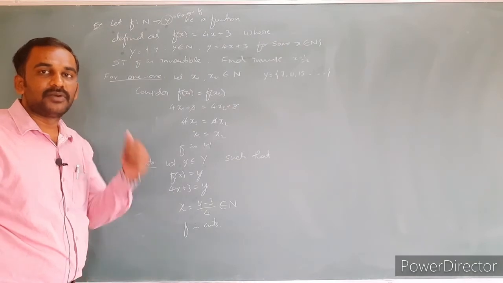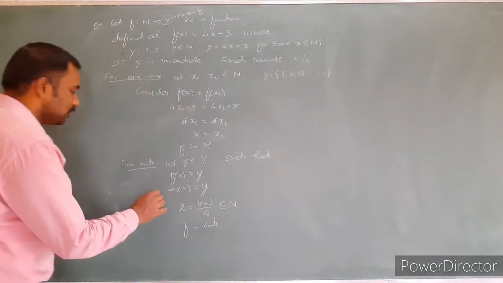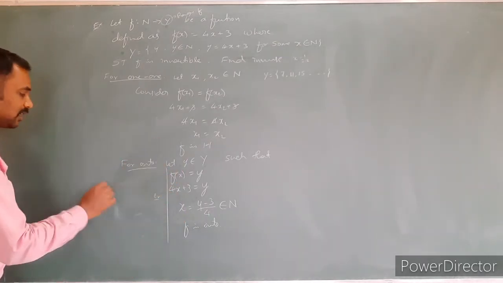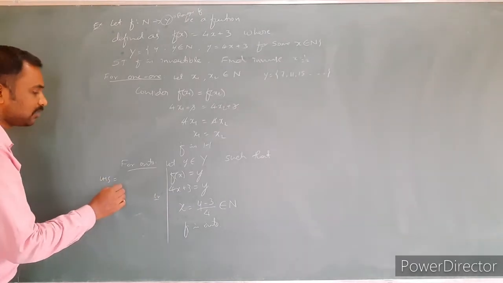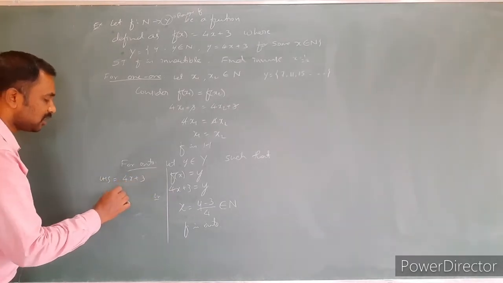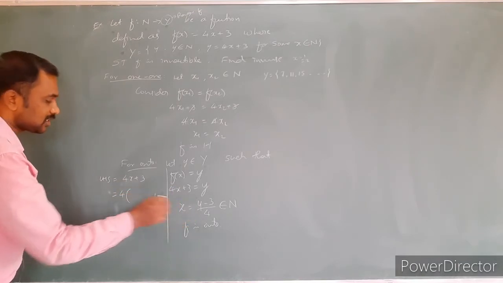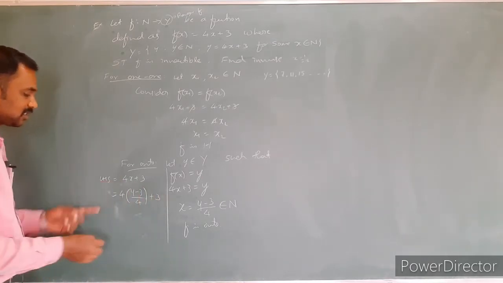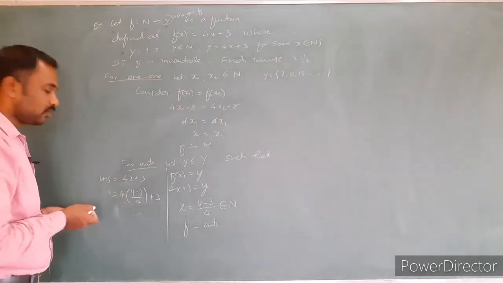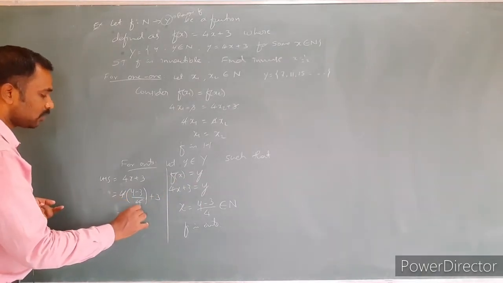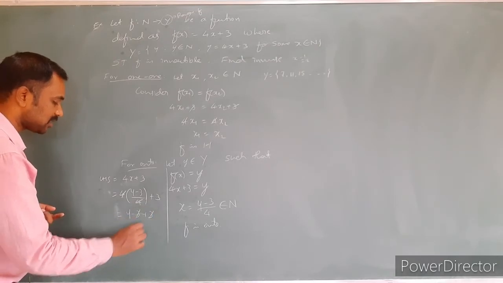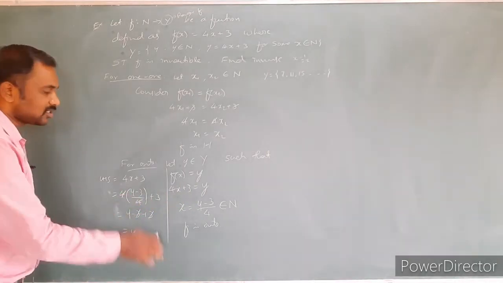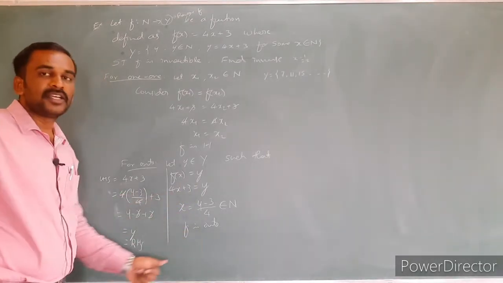Suppose you are not able to get the conclusion right now, what do we have to do? Or else, just replace this x value into the LHS of this one. What is the LHS? It is 4x plus 3, that is 4 into, what is the x value? (y − 3)/4, and plus 3 as it is. Simplifying, we have to get the right hand side y value. Check it. Here 4 and 4 get cancelled. y minus 3 plus 3, minus 3 and plus 3 get cancelled. y. LHS is equal to the RHS. Have you got it? That's all. So LHS is equal to RHS means it is satisfied. Therefore, you can conclude that f is onto.